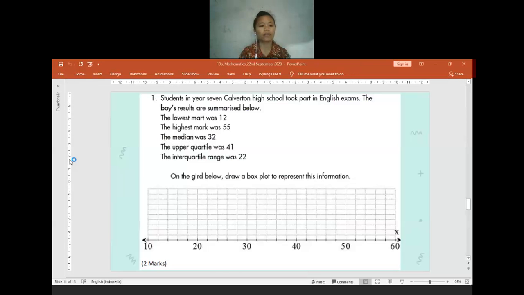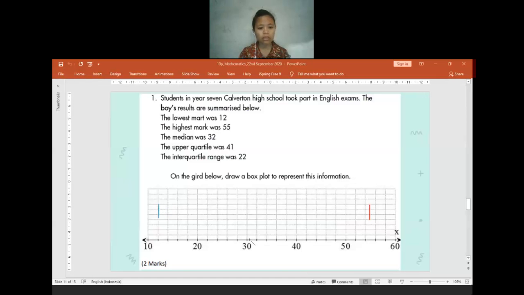and whisker plot. Now we already have the lowest mark, which is 12. So now we need to find the 12 and make a line at the 12. This is for the 12, it will be like that. After that, the highest mark is 55. We need to find the value for the 55. 55, I think it will be about in here. Let me know if maybe I uploaded in a wrong place. After that, we can go to the median.